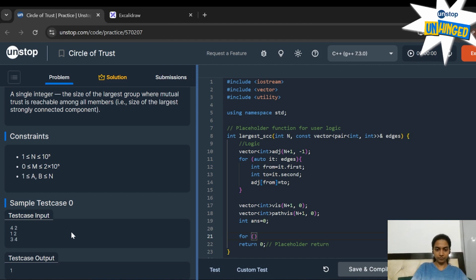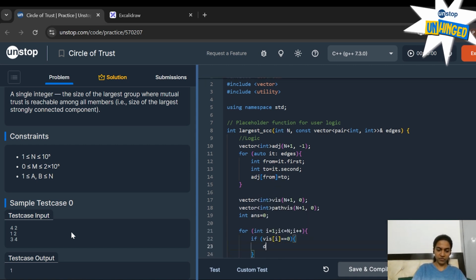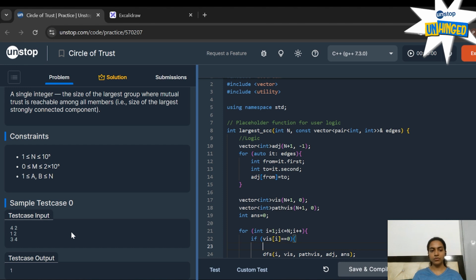So we'll use DFS to check the graph. Now, if we have a cycle in the graph, we need to store the elements of that cycle in a vector, right?